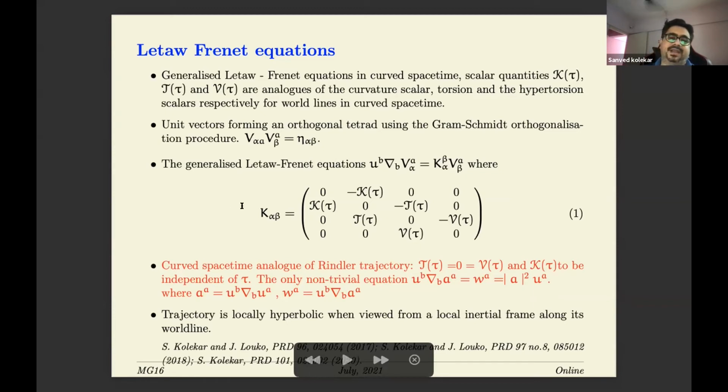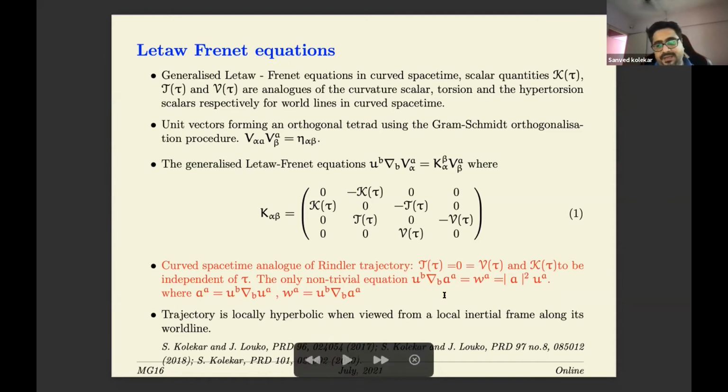scalar parameters. So one is the curvature, the other is the torsion, and here you have the additional third parameter, which is the hypertorsion. And here, if you want to define what a planar trajectory is, you basically impose that your torsion and hypertorsion are zero. So that guarantees that you start from a given plane formed by two basis vectors out of this tetrad, and you continue to lie in the plane formed by the same two basis vectors. So the whole trajectory is just dragged along in the same planar fashion.